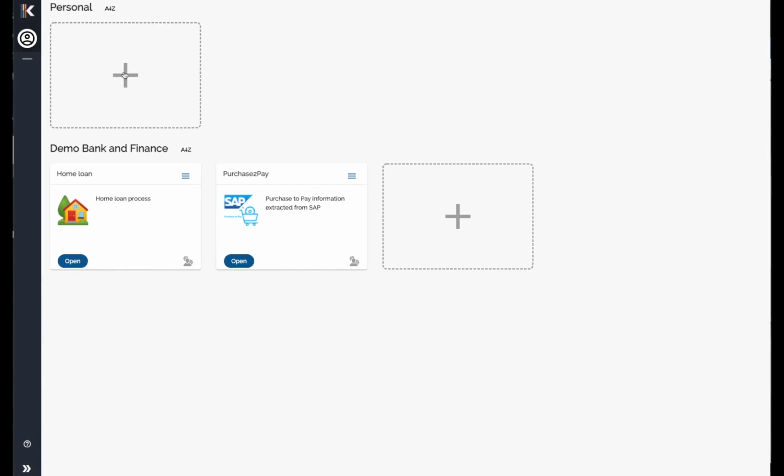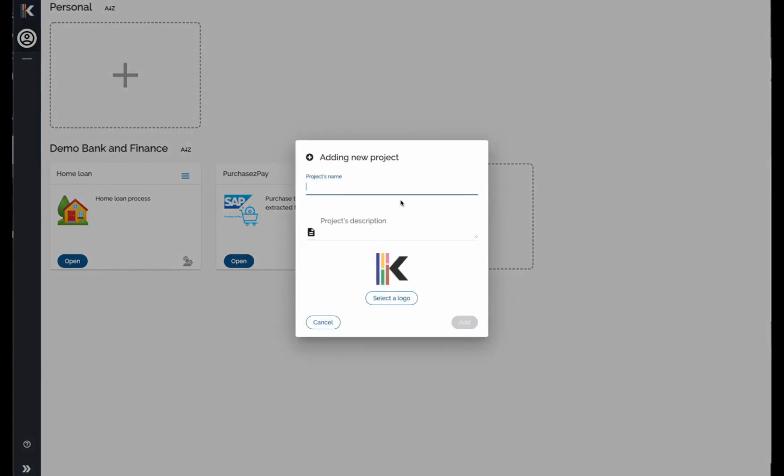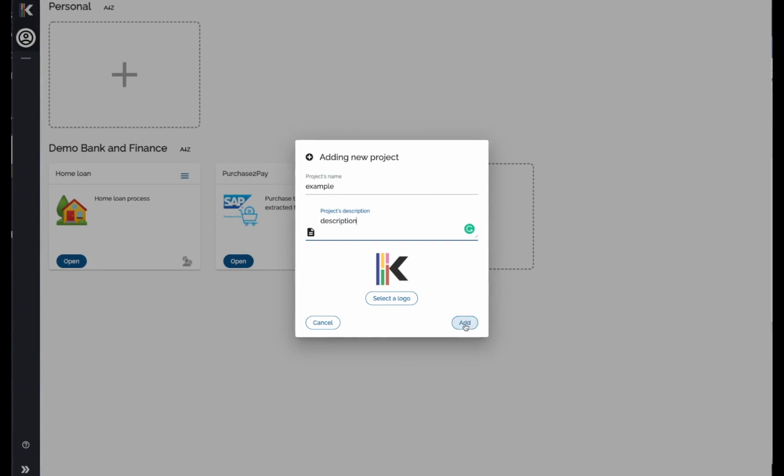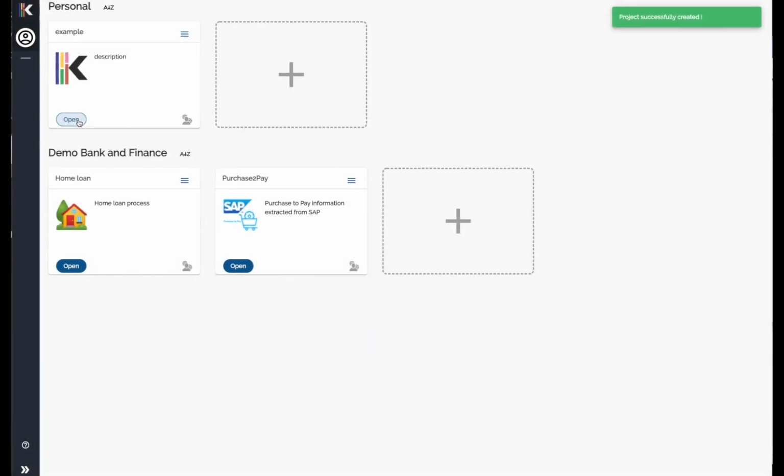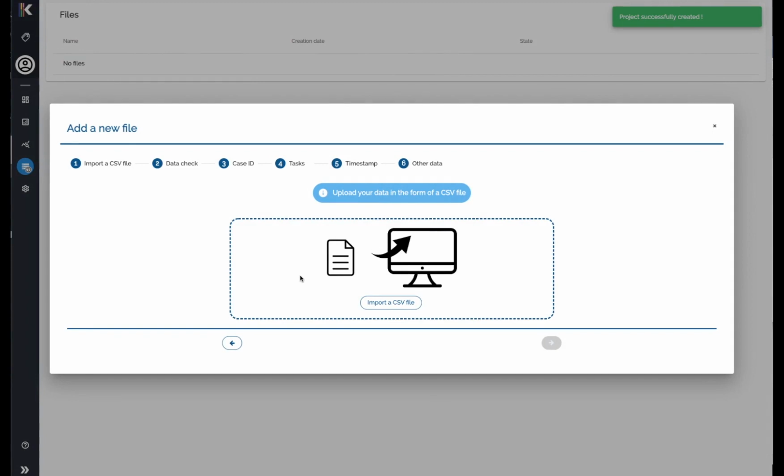I will show you first a first example project. You create a project like that, a project name, project description, and if you want a logo. Once you have created the project, you click on the project and